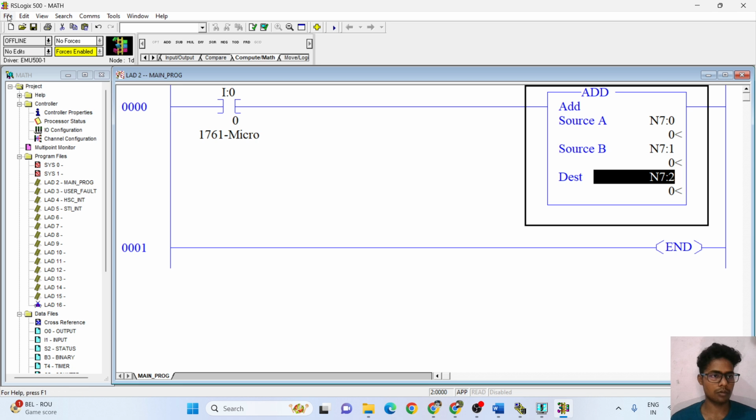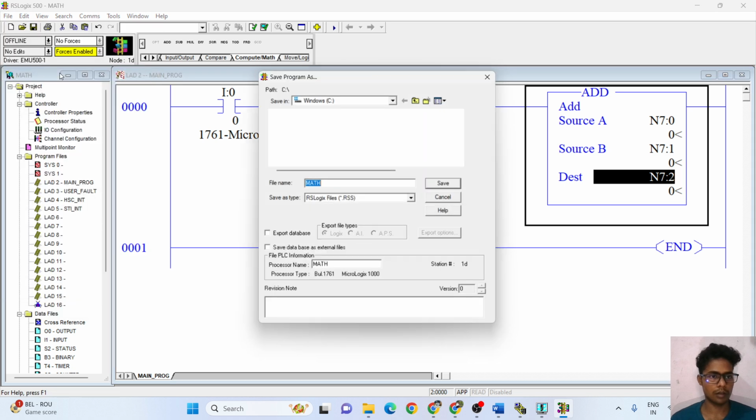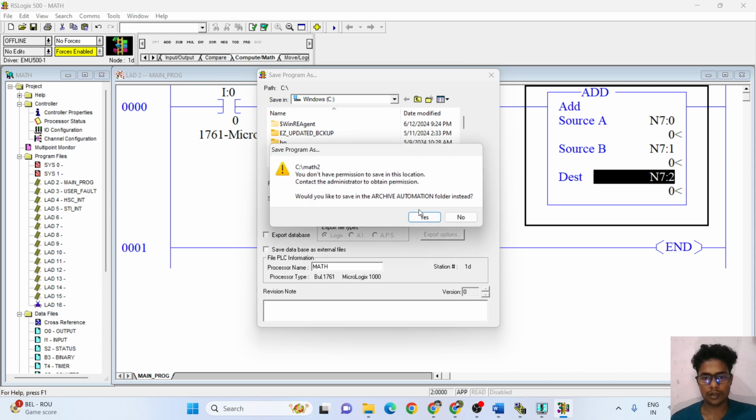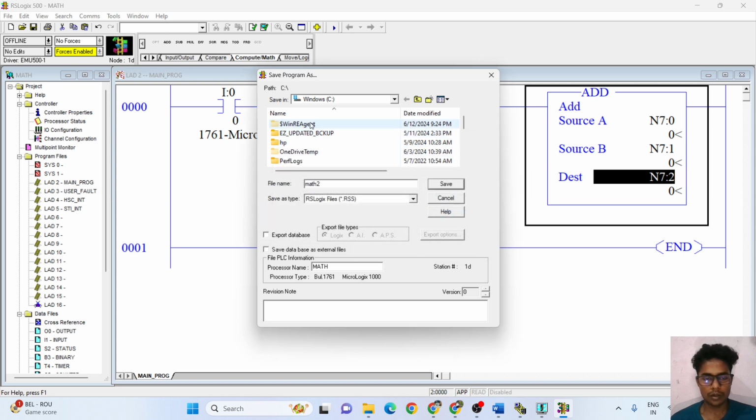Then I have to save as math 2 name. Save. You should save in this location. Okay. Then you have to decide where to save this program. Go to documents.